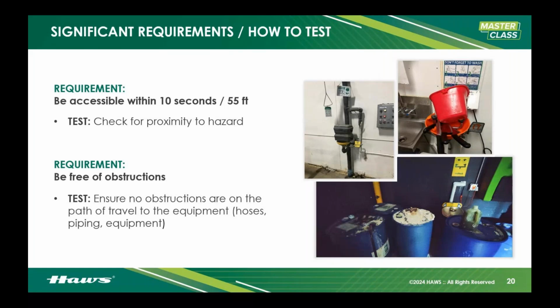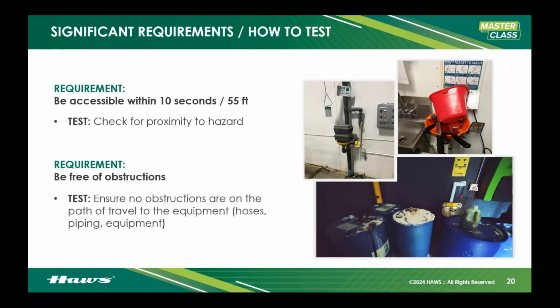Now, 55 feet is a nice, hard, measurable distance because 10 seconds is difficult to gauge. We're all built differently. 55 feet is, of course, the maximum distance. We can put that emergency equipment as close as we want, as long as it is safe to do so. If you have a hazard that's continuously spraying and contaminating an entire area, like a containment berm that has to trap that chemical, you can't just be hanging out in there using an emergency piece of equipment. So ensure it's somewhere safe, but as close as possible.